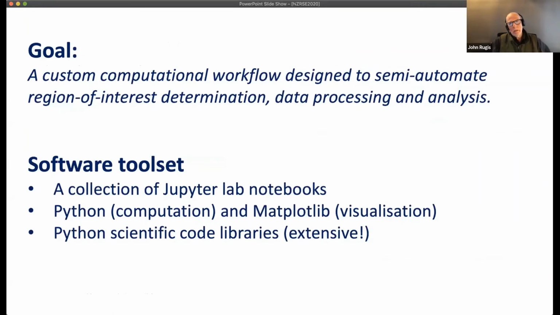Anyway, the goal from a computer science point of view was to design a custom computational workflow to, in the first instance, semi-automate the region of interest determination, and then to do subsequent data processing and analysis. So what I chose to do, as you do with any given task, is choose a tool set,